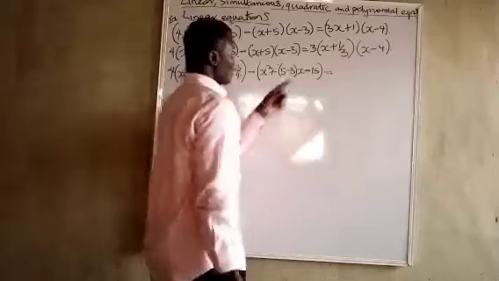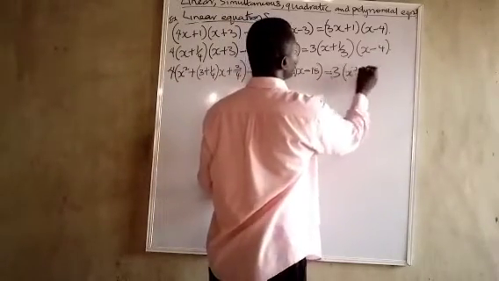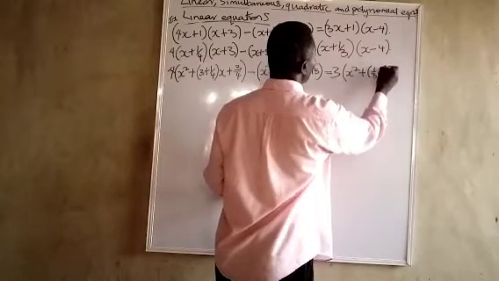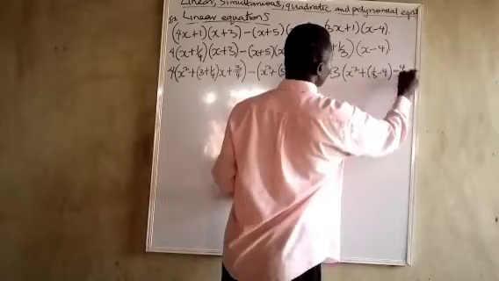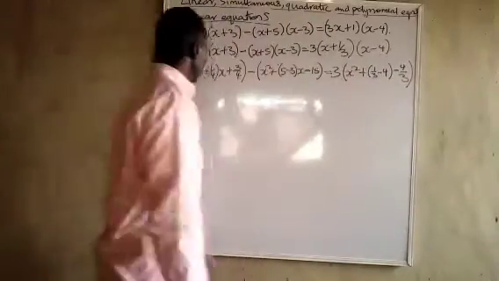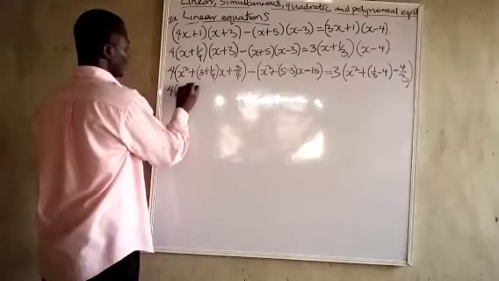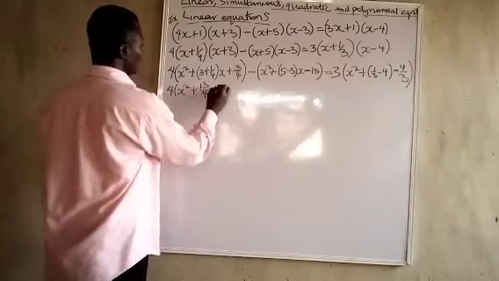Now let's look at this one. This one is going to be 3 into x squared plus 1 over 3 minus 4 minus 4 over 3. Please, I hope you are following. This one is 1 over 3. This one is minus 4. That's why I got that one. Now, let me break it down further. 4 into x squared. That is plus 13 over 4 plus 3 over 4